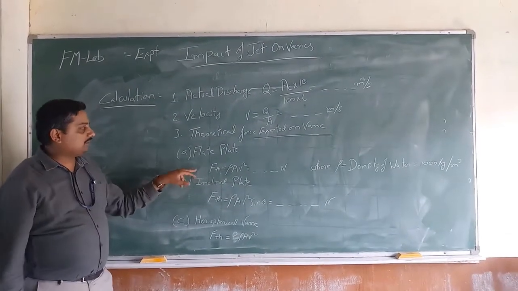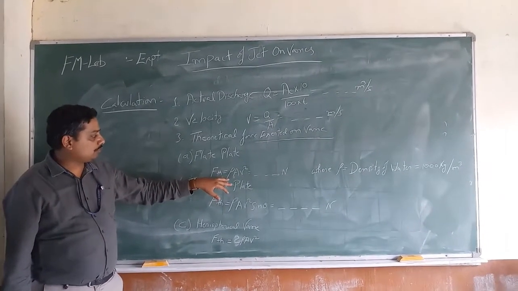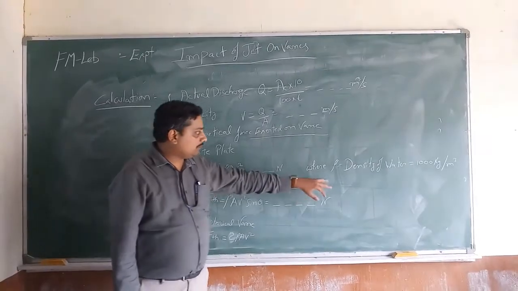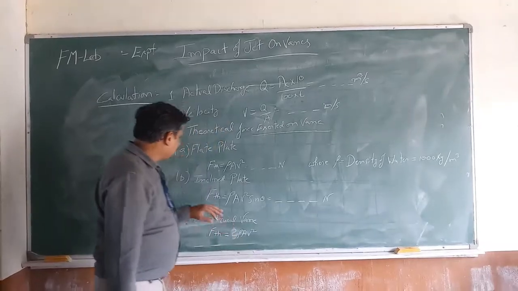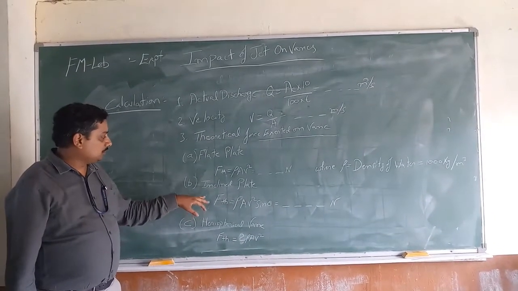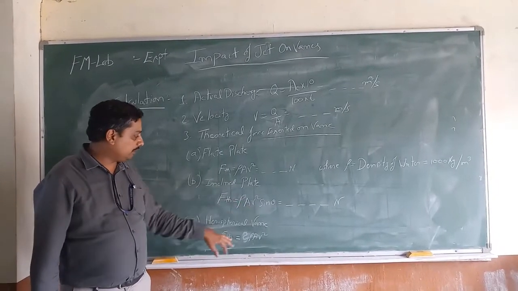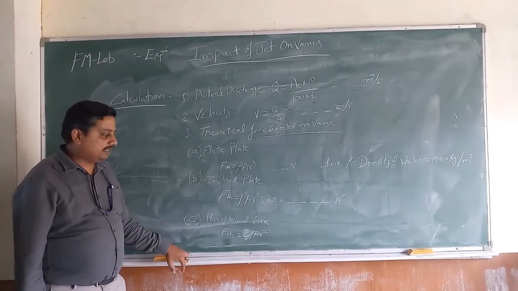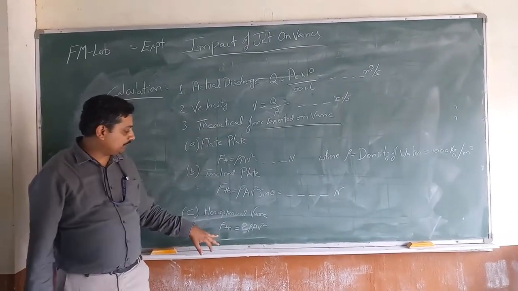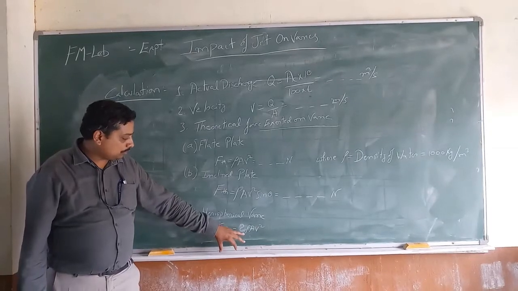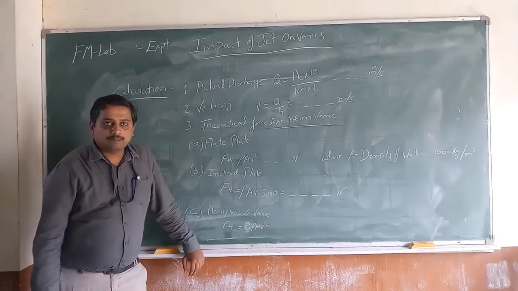First, when you consider a flat vane, the theoretical force exerted equals rho A V square. Rho is the density of water, given as 1000 kg per meter cube. Now we have an inclined vane. For the inclined plate, the formula is rho A V square into sine theta, where theta here is 15 degrees. For the hemispherical vane, the theoretical force equals 2 rho A V square. Here theta equals 0.